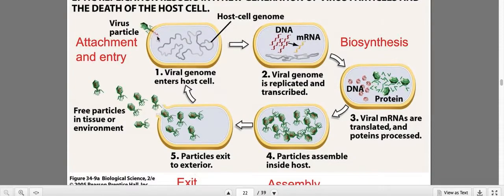So in here, it doesn't need to go into that DNA, the virus DNA. It just uses some of the cell's proteins to make more of this. It doesn't care about this, right? So this is the viral DNA. It makes copies of it and it translates it into mRNA. And then this mRNA gets made into proteins. So you can see these are the virus parts over here, right?